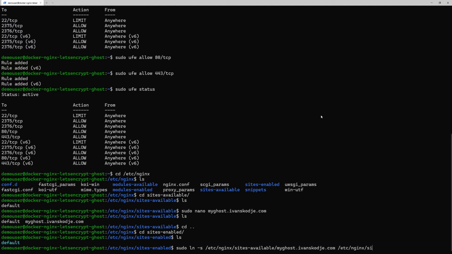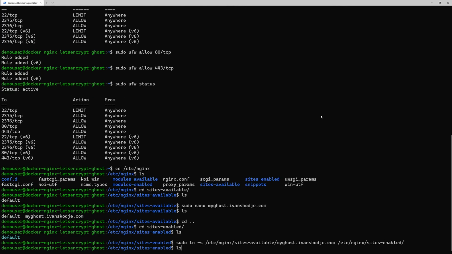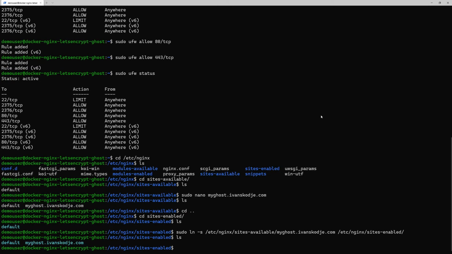Nginx sites-enabled. Enter. And it is important to use the full path because without it, the shortcut will not work properly. And now you can see both are blue, and that is good. Now before we restart Nginx, we actually have to create the folder we just pointed at in my ghost ivanskodje.com